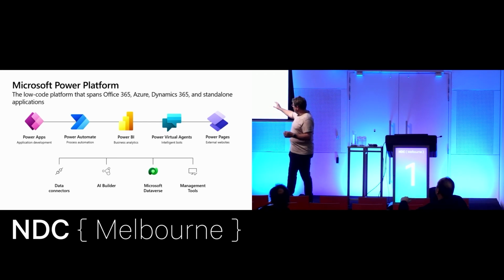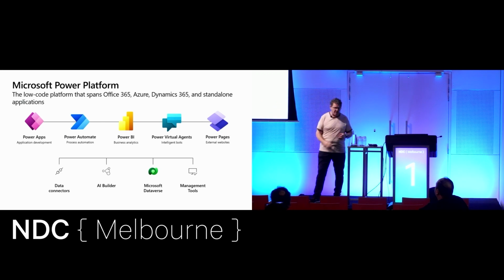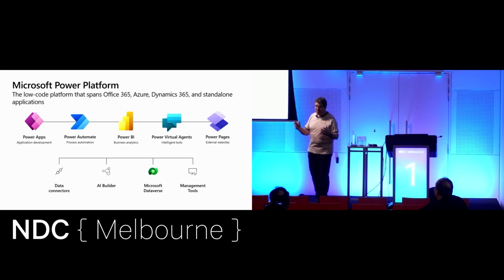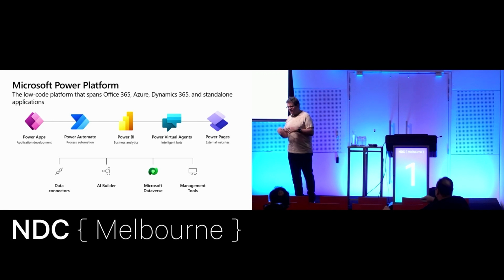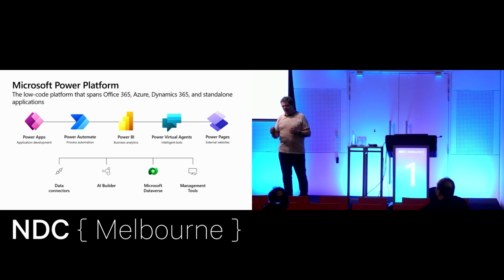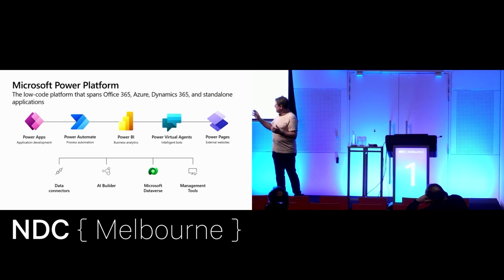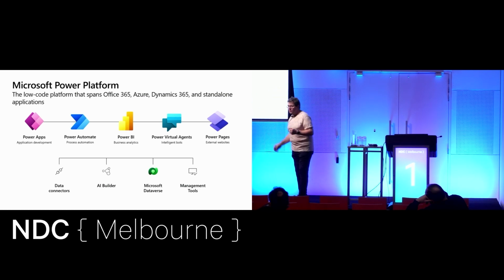These are all built on top of some really interesting pieces. So Dataverse is a database that allows us to define schemas and so on like any other database, but it's designed specifically to work with these other tools. The data connectors piece, I think, is probably the most interesting thing because that allows us to connect to pretty much anything. And the connectors allow us to bring in or send out to a whole bunch of other services, normally through a REST API of some sort. And the cool thing for us as developers is that we can build pieces in this data connector space that enable these other power tools to be used by our end users.